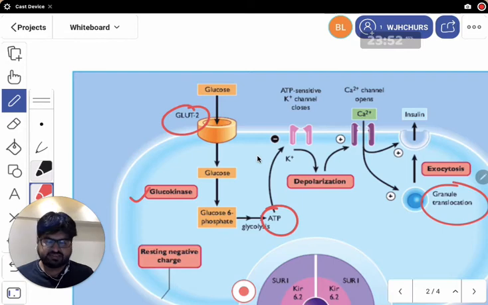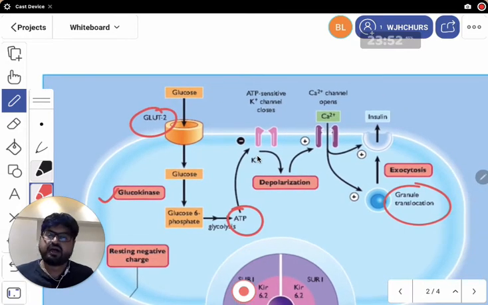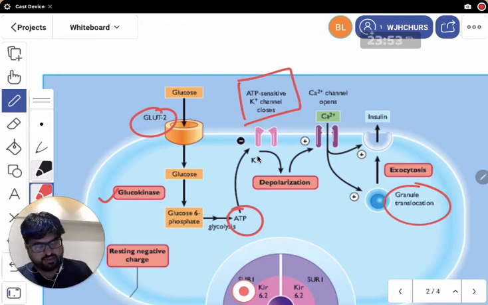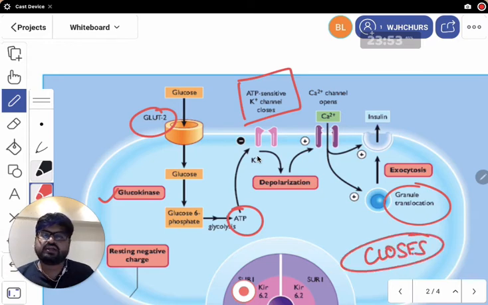So what the ATP does is, ATP acts on the ATP sensitive potassium channel. Now what is very important to note here is that it closes the channel, right? So basically the ATP closes the potassium channel. Now by closing the channel, remember the potassium is more inside the cell than outside, so the potassium is then trapped inside the cell, and trapping of the potassium inside the cell depolarizes the cell,